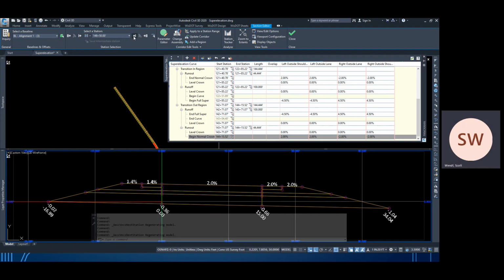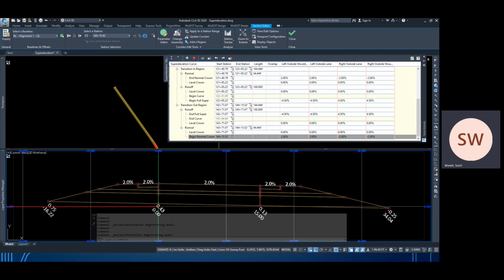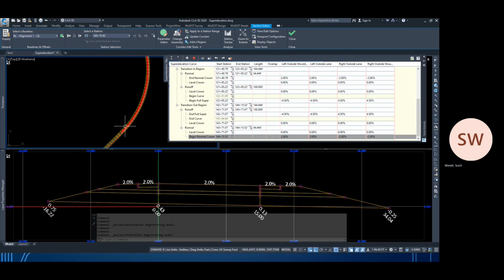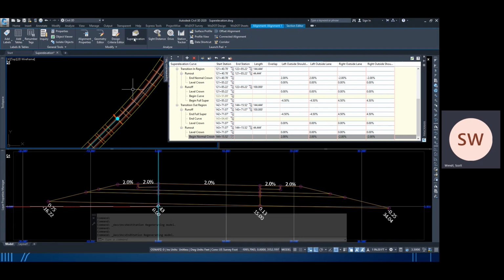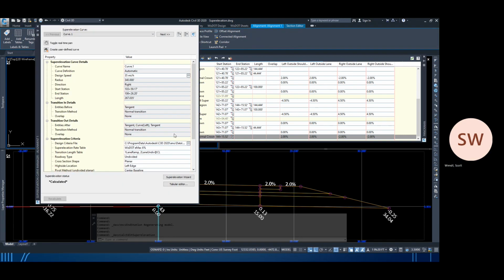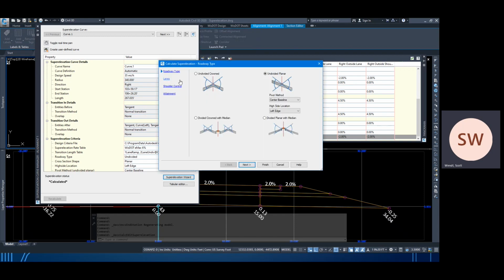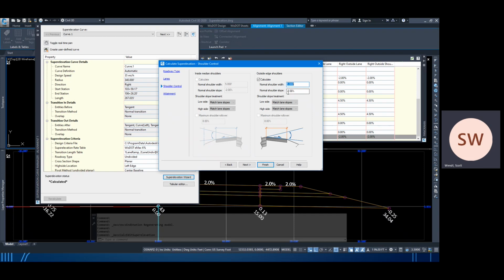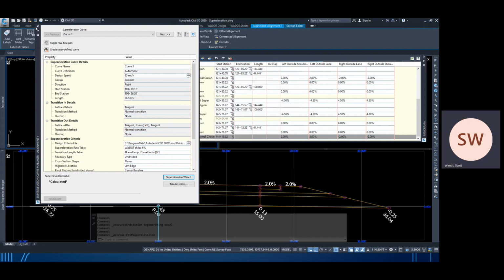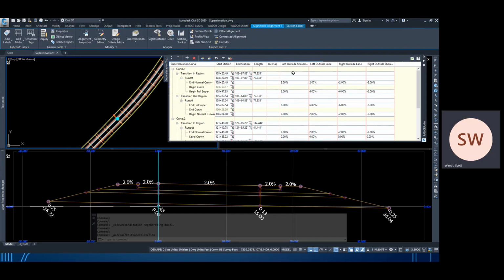And it is. So what's happening here is, when we did our normals or our superelevation calculations, to show you what options we selected, in our shoulder control, we said our normal shoulder slope was 2%. So whether it's left or right side, it's going to go 2% down. Now, that's going to be at our beginning alignment. That's going to show up as our cross section or our slopes. We look at our normal crown and we're opposite. So when it's rotating in between,